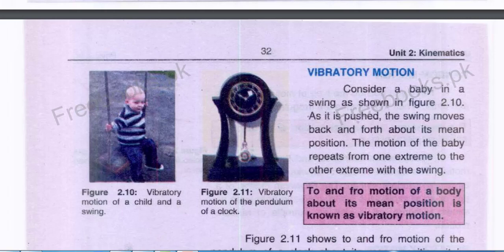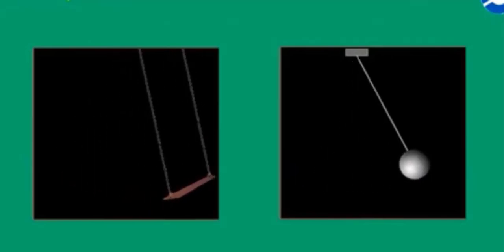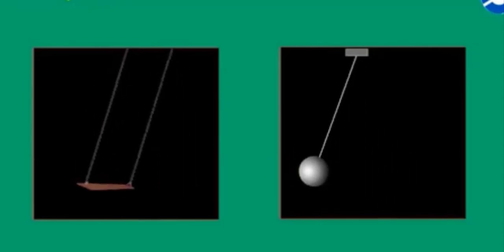In class 9, page number 32, chapter number 2, kinematics, we have already defined vibratory motion, which says to and fro motion of a body about its mean position is known as vibratory motion. It is also called oscillatory motion. When a body moves to and fro about a fixed point, it is said to be in oscillatory or vibratory motion,